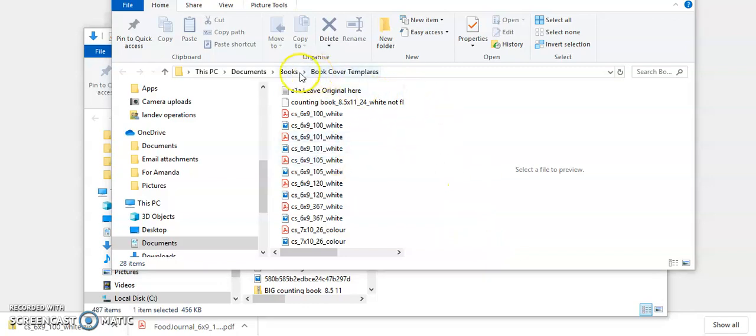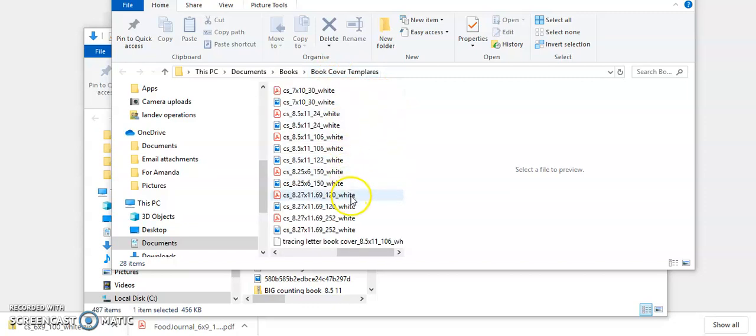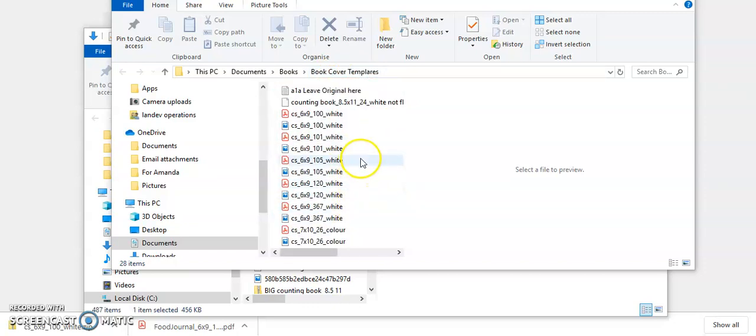And so inside my book cover templates folder, I've got plenty of book templates I've already downloaded previously, but the one I've just downloaded, you'll see here there's two versions of it. There's a PNG picture, or picture type of image, and also a PDF. And the one I'm looking for, it's the white 100 6x9. So that's the 100 page count 6x9 in white. Okay, so I'll click and open that up,